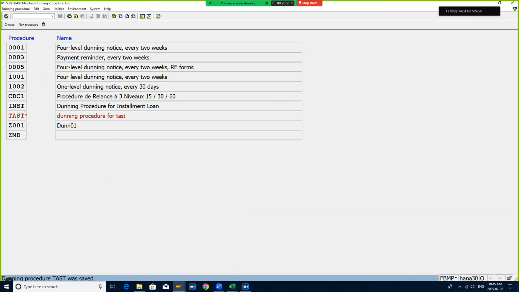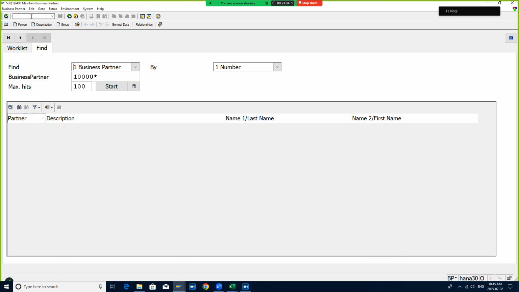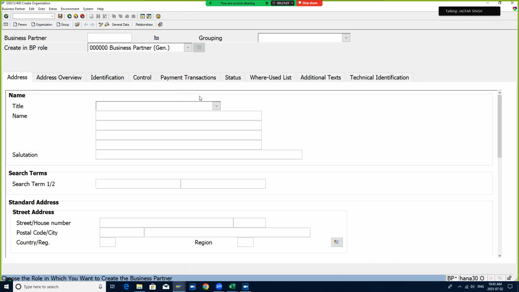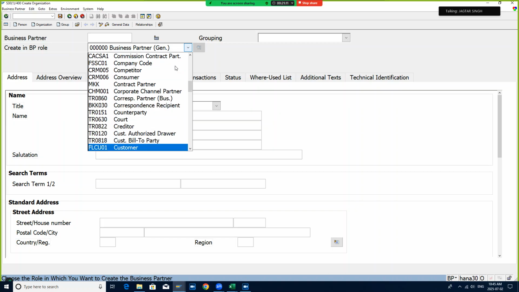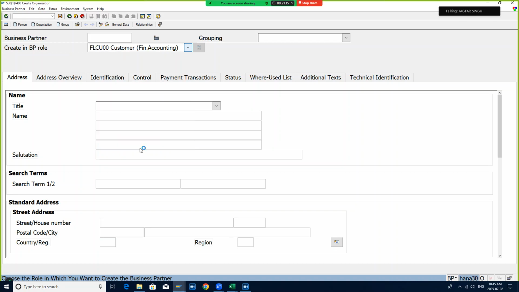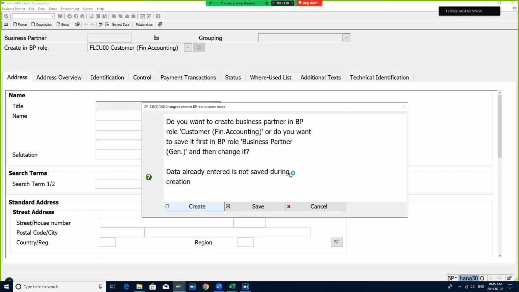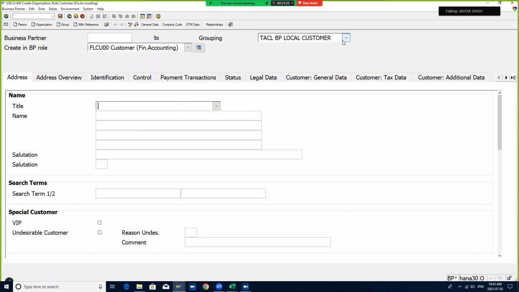Okay everyone, now I am going to create a new customer. /n FBL. What is the T code to create a new customer? /n BP. Here I want to create an organization, change this role FL CU01 customer, create, and TACL is my local grouping,